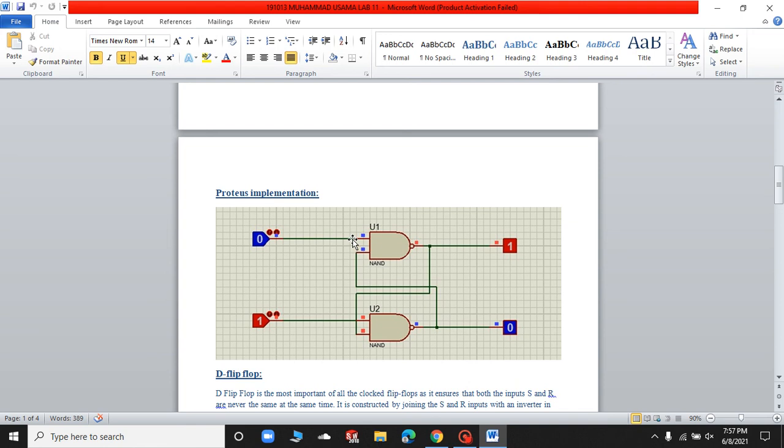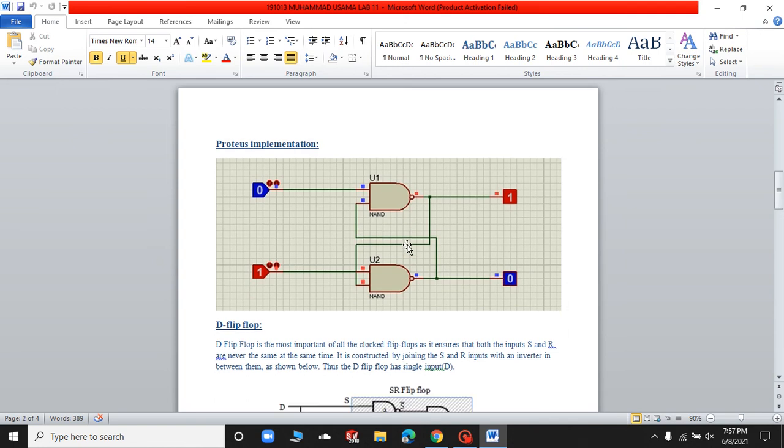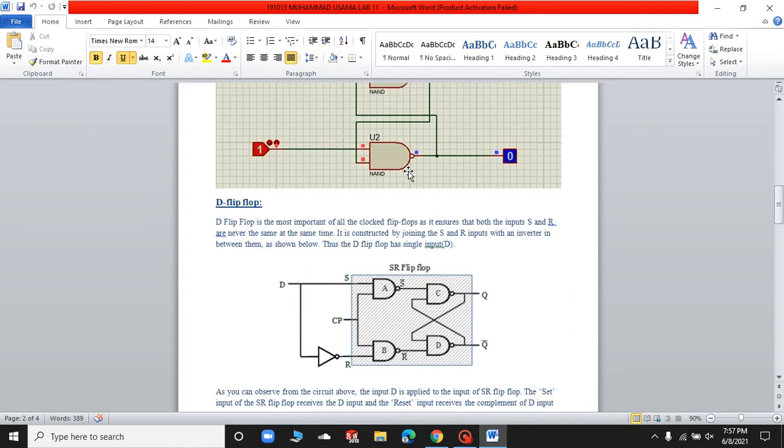The input of the first NAND gate is basically connected to the output of the second NAND gate, and the input of the second NAND gate is connected to the output of the first NAND gate. This is shown over here. I can show you the simulation as well, but I don't think that is necessary, but you can check from here.